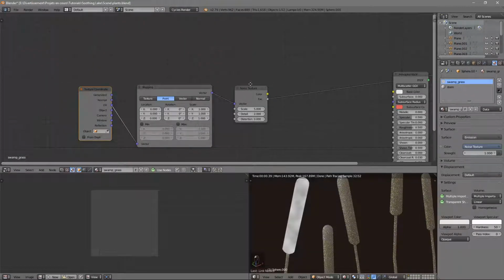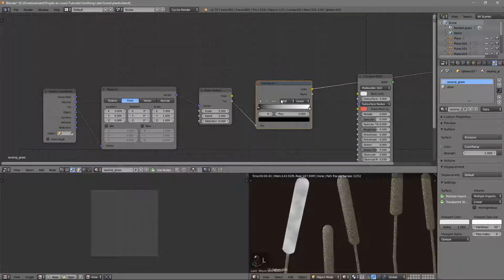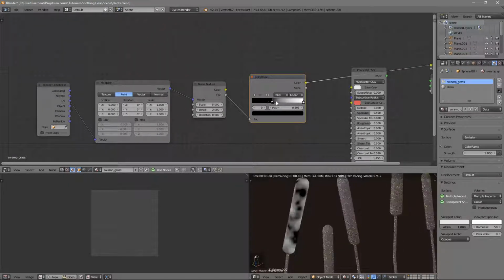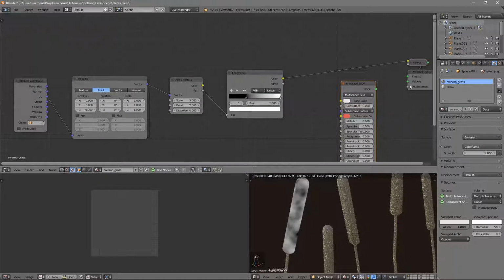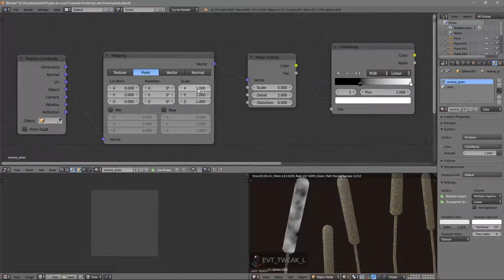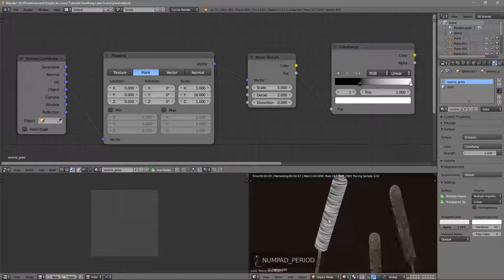Okay, so here we are. Again, a color ramp. I really like to make procedural materials and use as few textures as possible. You can use texture if you want, but it's a personal preference. And what I'm gonna do now is scale it along the y-axis, like so. So we have these cool strands here,